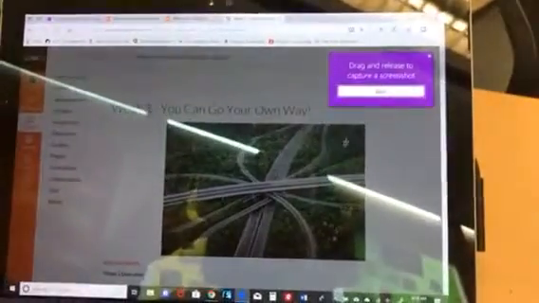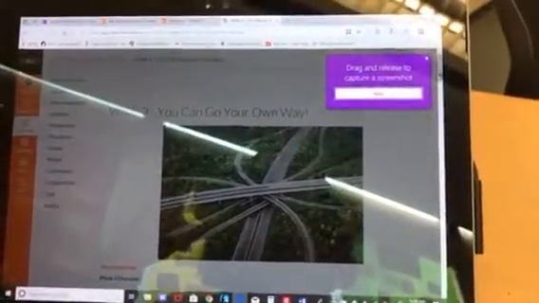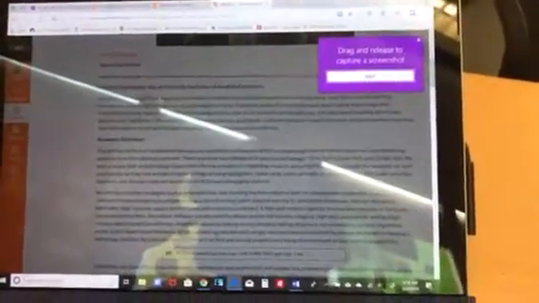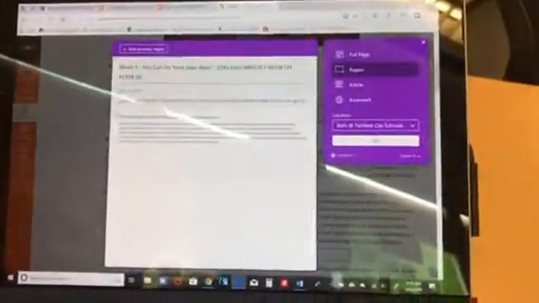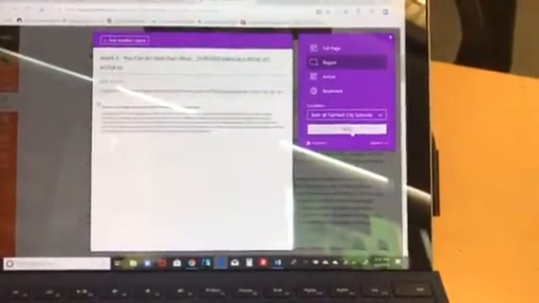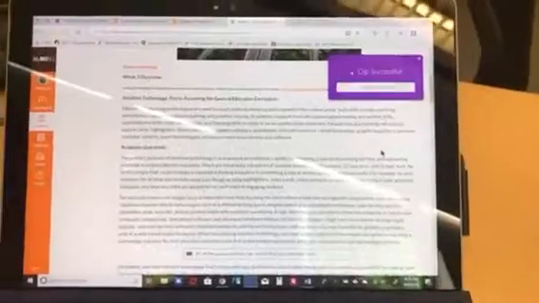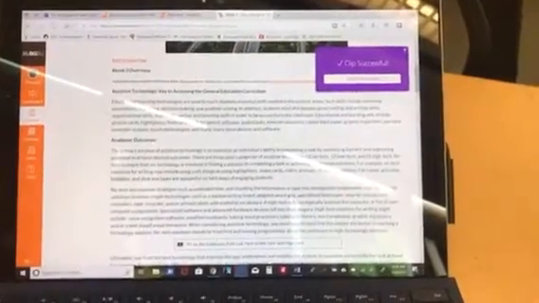And so I'm going to select region, and let's say that I wanted to save just this selection right here. The great part about this is visually, it grays out everything that you're not selecting so that you can very clearly see. So now I am going to clip this, and you'll see that I'm going to go down here to my OneNote,